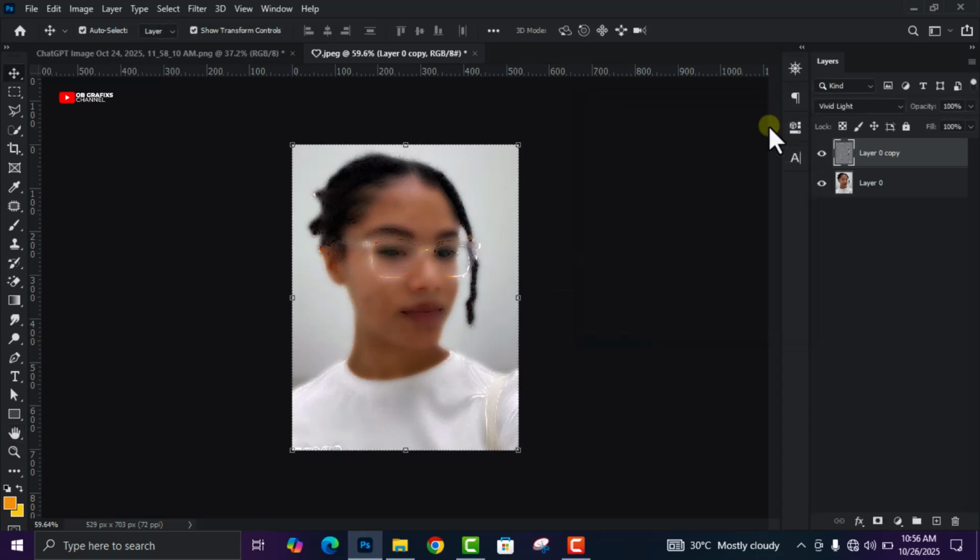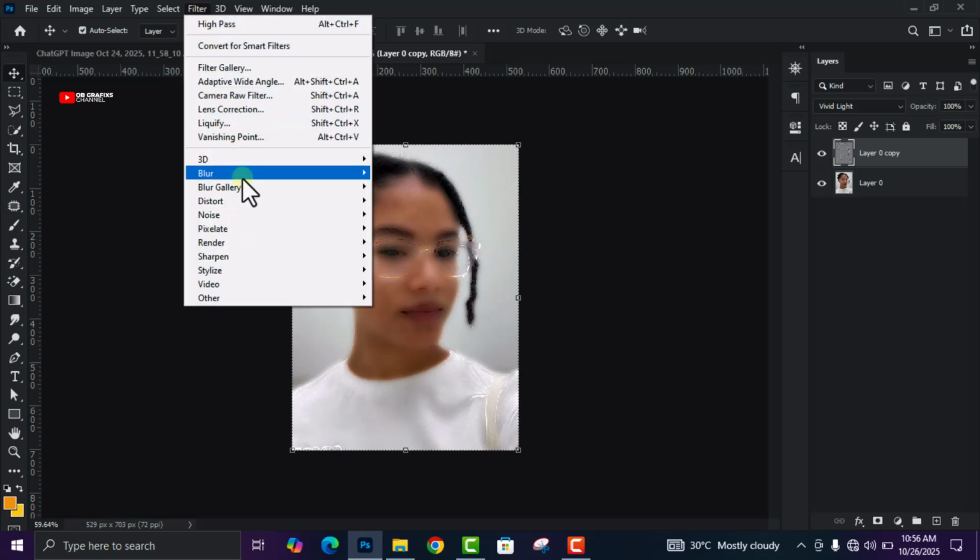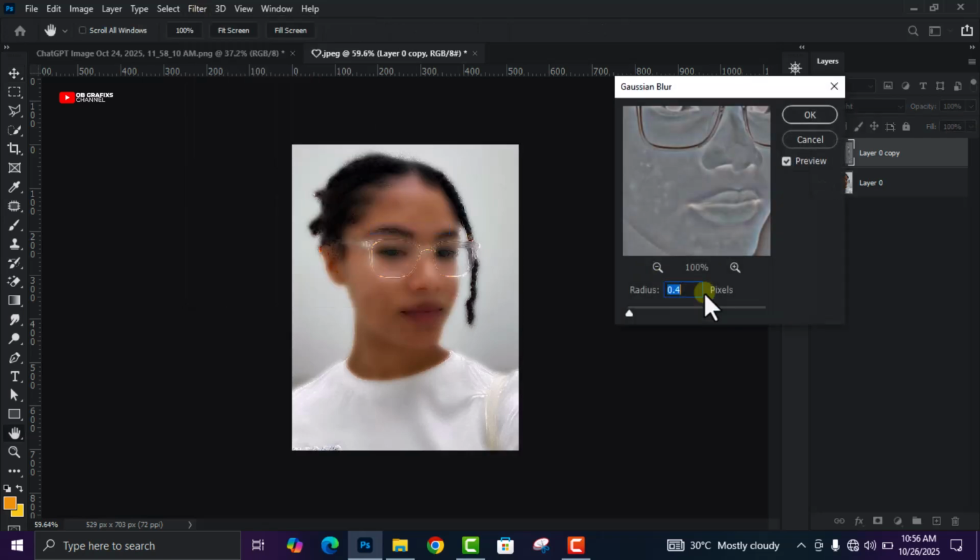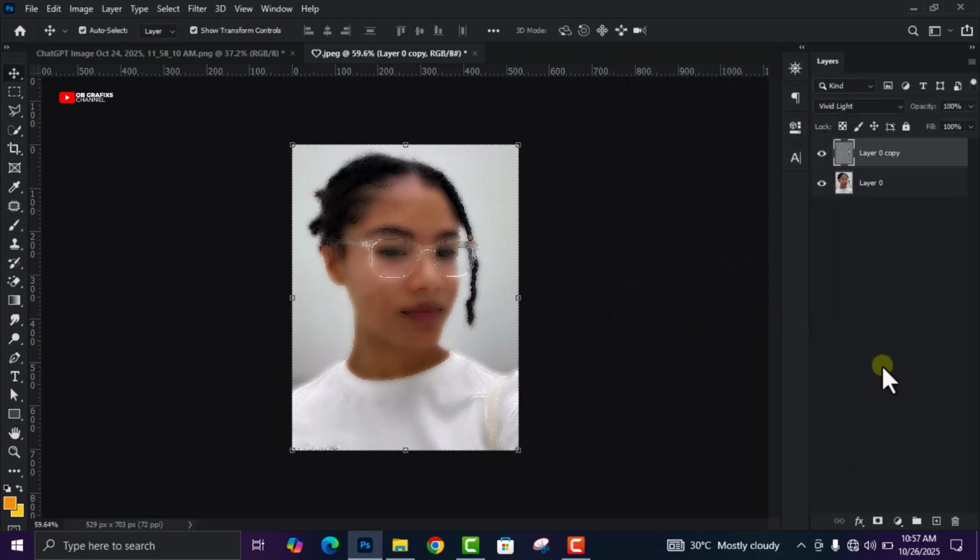I'm going to click on OK, go to filter again, and this time around blur, and then Gaussian blur, and then I'm going to move it forward like this. Okay, and then the Gaussian blur depends on how smooth you want the skin to be. So I think this one I'm going to keep it at 0.6, and then click on OK,